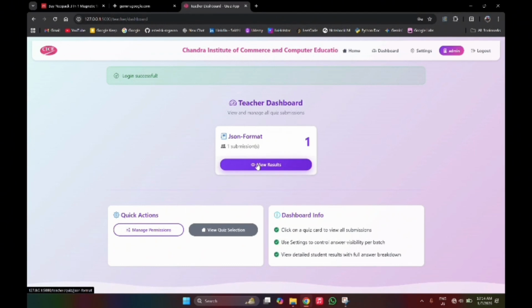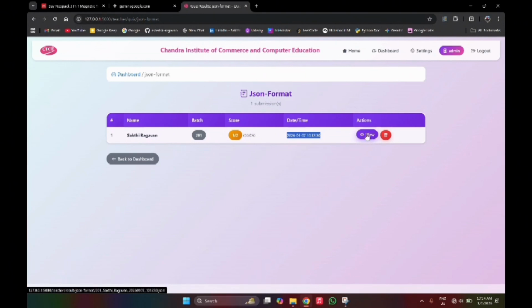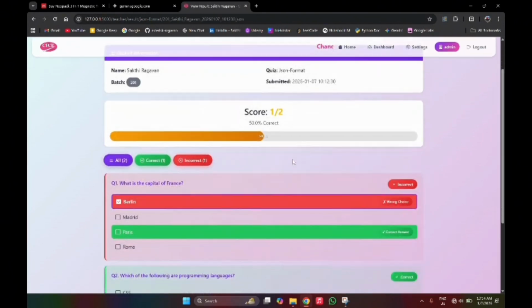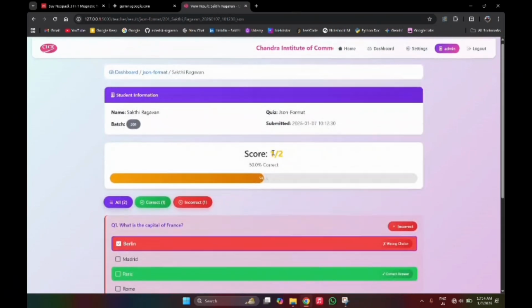If we click on view results, we will be able to see which student from which batch took this exam at which date and time, and their score will be available here. We can either delete this record or also view this record. If we click on view, it will show us detailed information of all the options and questions the student